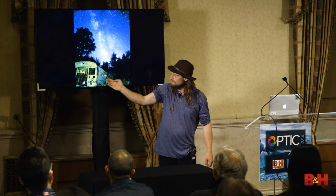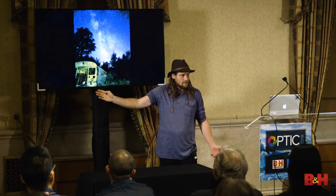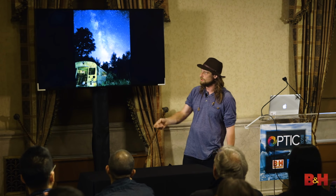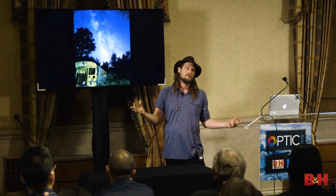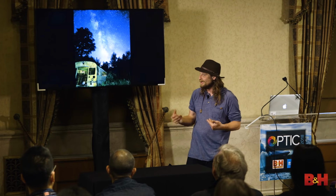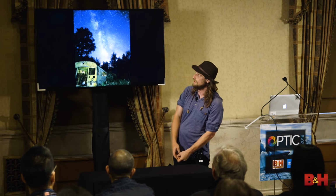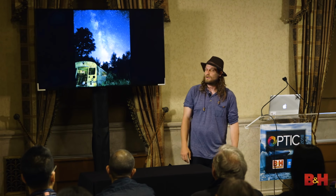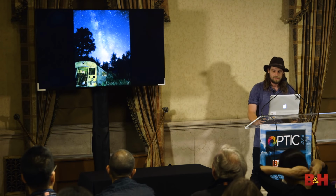But how the heck did the flashlight go in through the windows, or how's the inside lit up? I was like, okay, well maybe I'll try another exposure and run around the bus and shine the light inside the bus. There are so many different ways you can illuminate stuff and make it look different, accentuate where you want your eye to go in the photo. Do you want it to be in one spot? Do you want it to be everywhere? And that's why night photography is really fun and exciting for me, because I can be in complete control of this paintbrush that's a flashlight. It's just a really cool